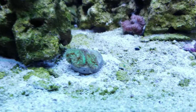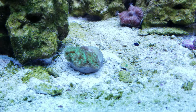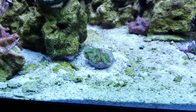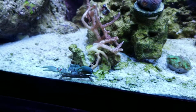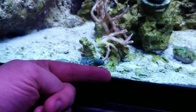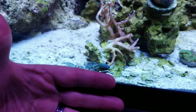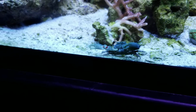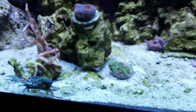I got a little Hydnophora right down here. Definitely a long ways away from everybody, so it doesn't sting anything. You can see the size of my little emerald crab here moving across. It's pretty big. He's doing a good job. He's gotten a lot of the bubble algae on the other side, but still needs to go over where I